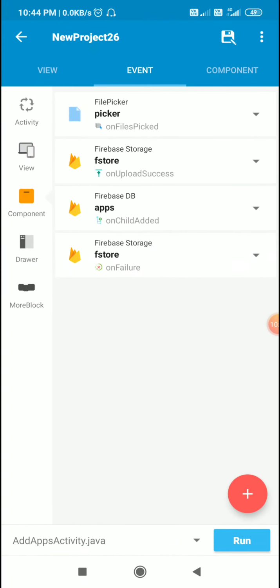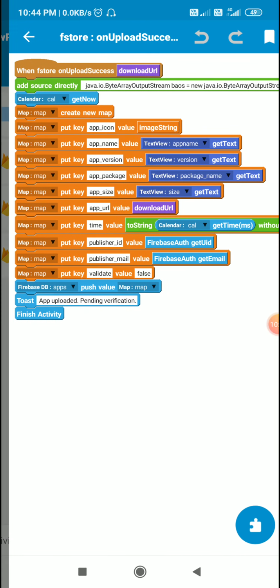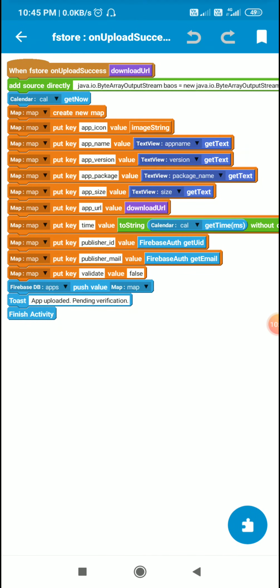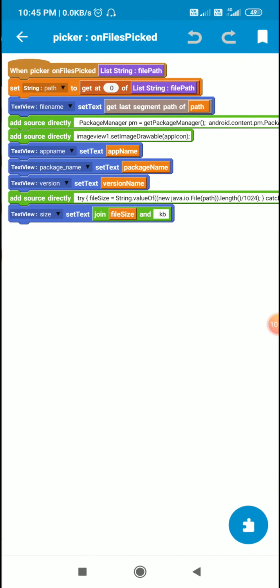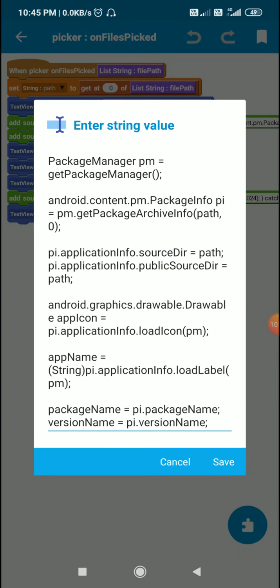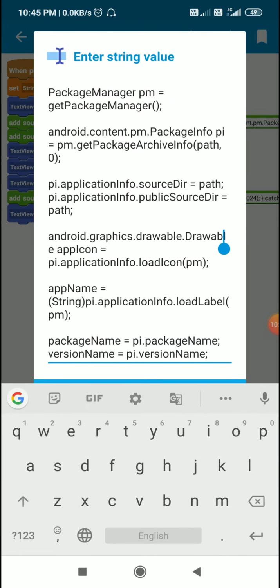Now the next event is on upload success. On upload success, I convert the icon to a base64 string. The icon, which is in drawable form, here in file picker on files picked, here I had the app icon, which is a drawable.